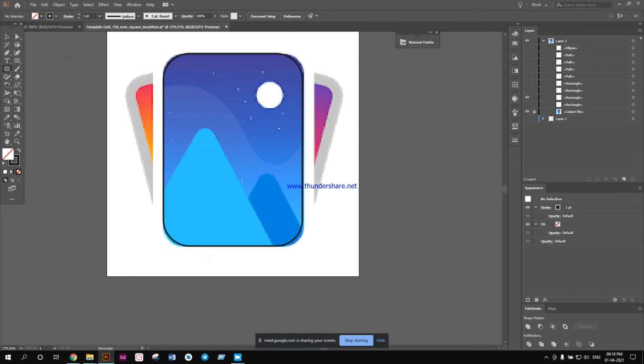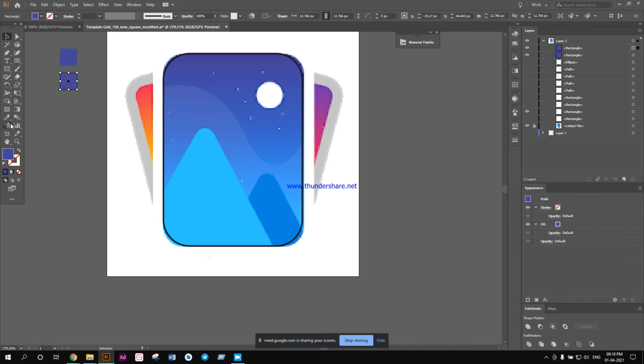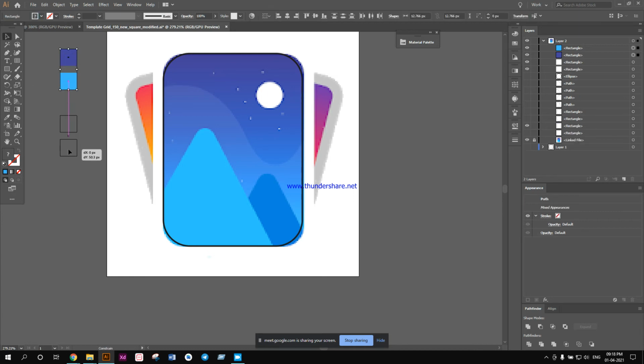I'll create some small rectangles, and these will act as my color palette. I sampled this edge color, and then another color. I will sample this part of the color, something like this. I'll also make a copy for this mountain.